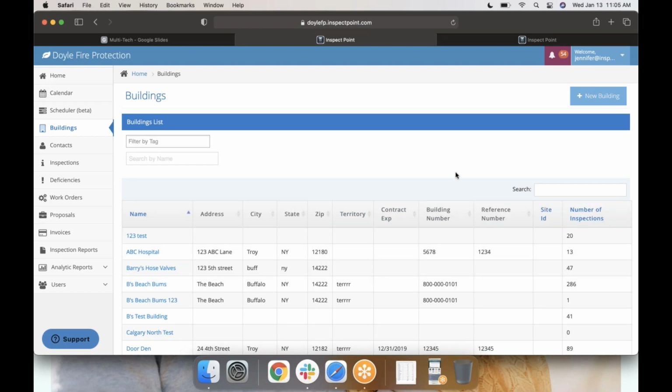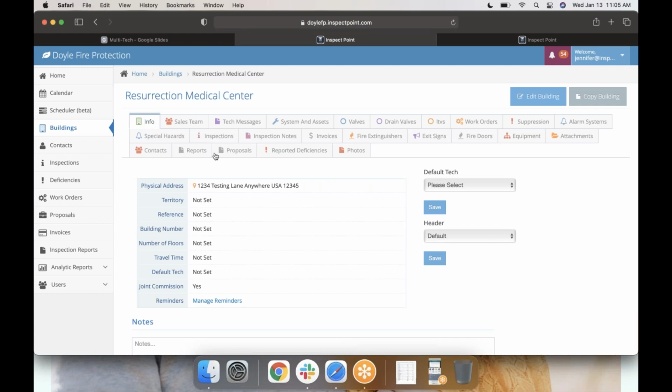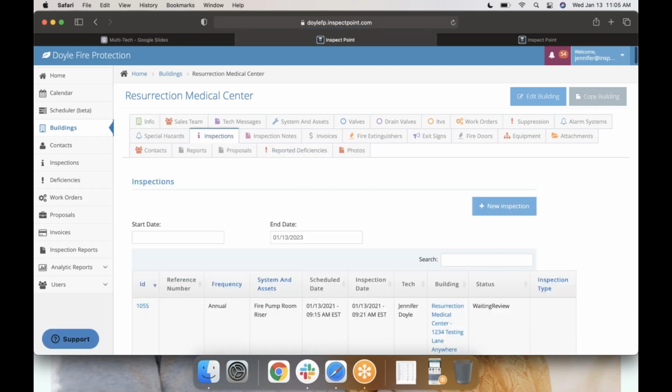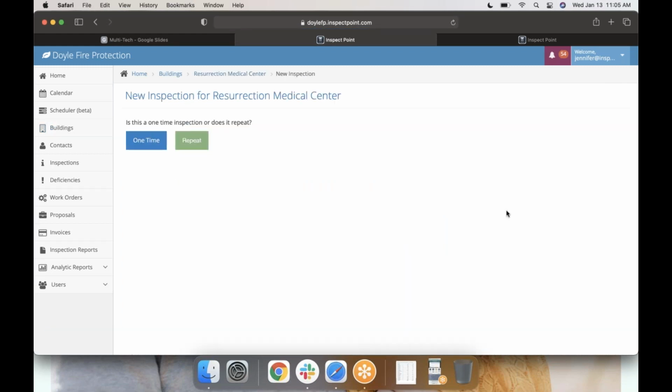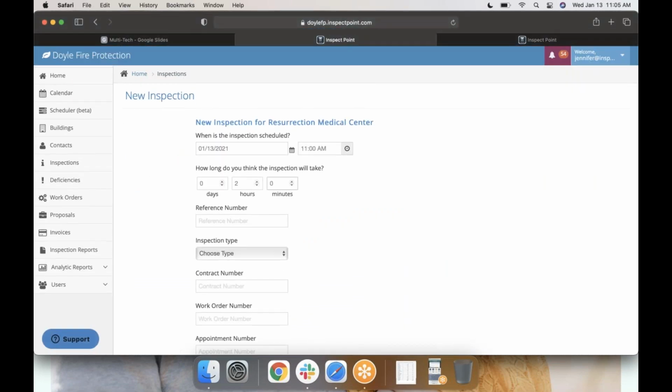And I am going to find the building that I would like to schedule the inspection for. I'm going to go to the building, click inspections, and create a one-time inspection. While I'm creating this one-time inspection, I have the ability to add the additional technician right then and there. Once I'm done creating this, I'll just show you what it would look like if you're